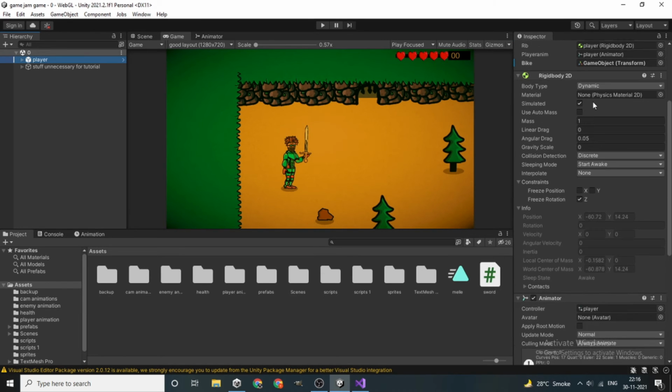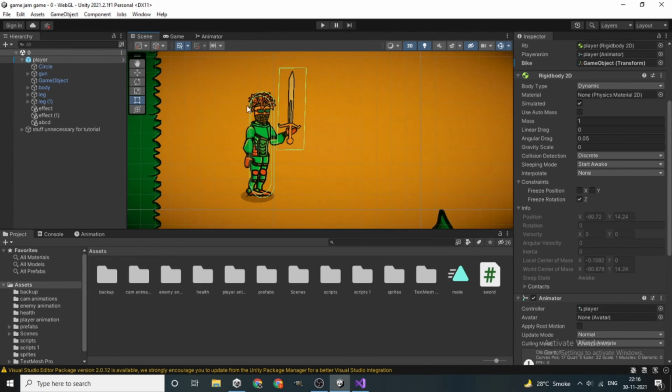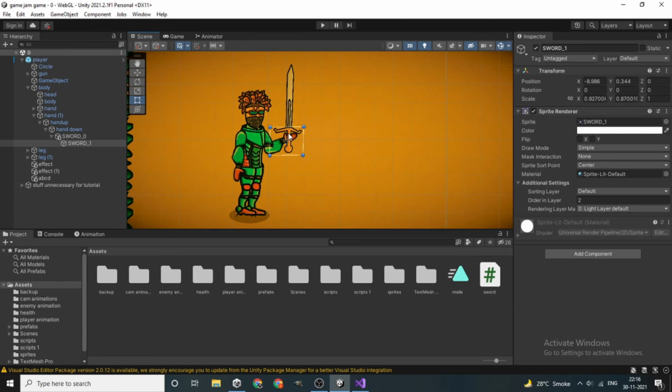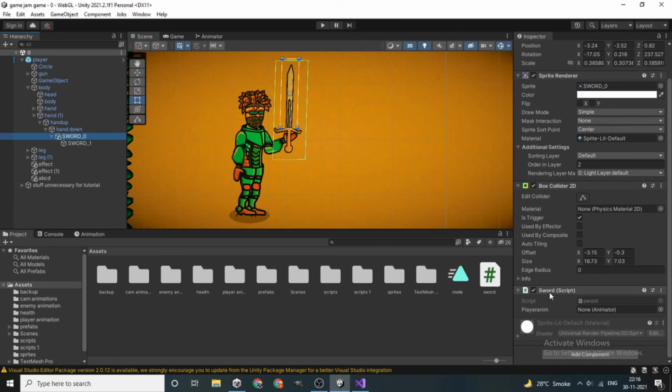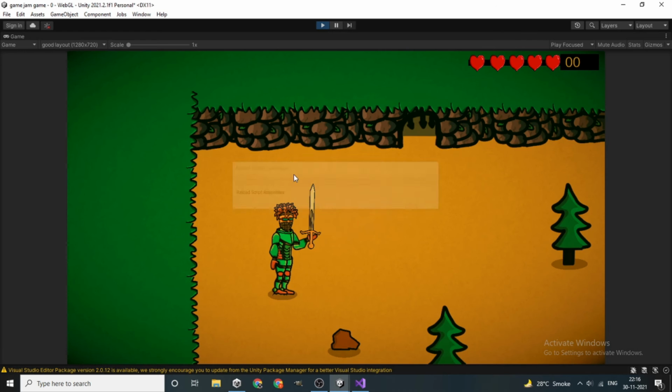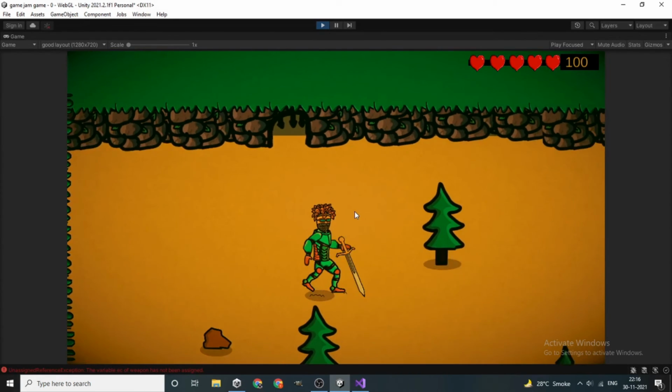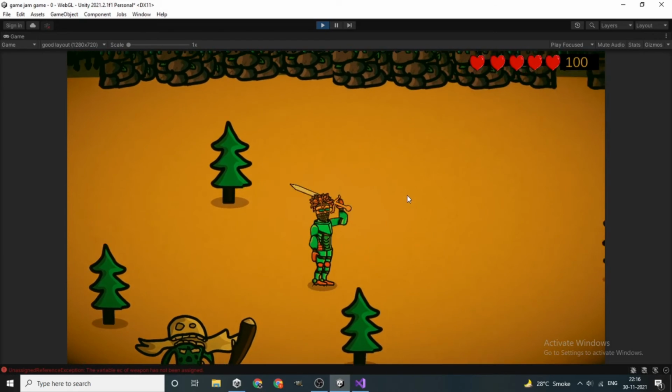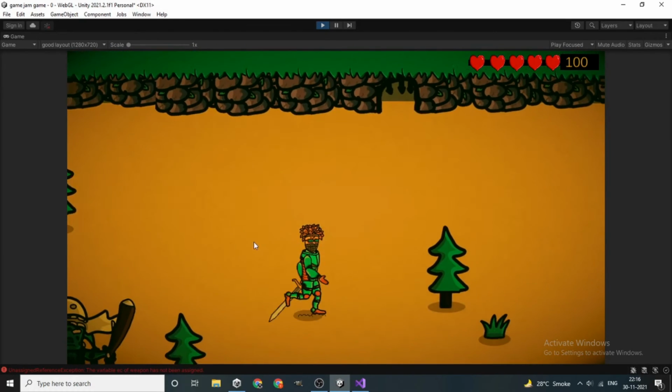Okay, where is it? Yeah, it is on the sword, right? Right, guys? Where did I? Okay, I found that. Let's see now. It should be working. So as you can see, it is working.